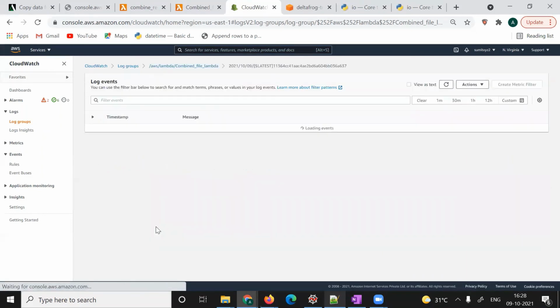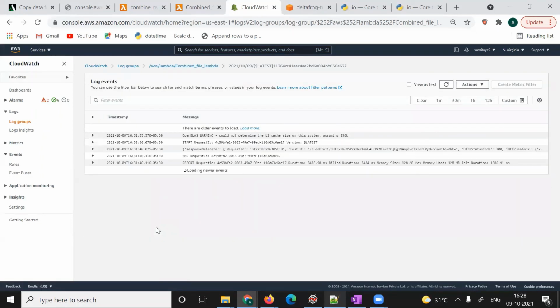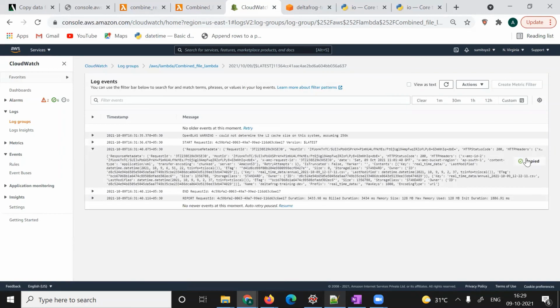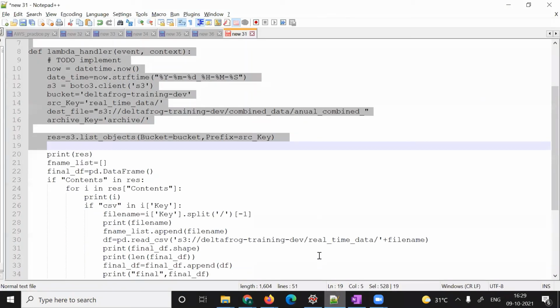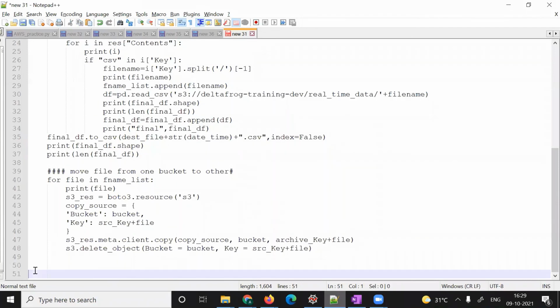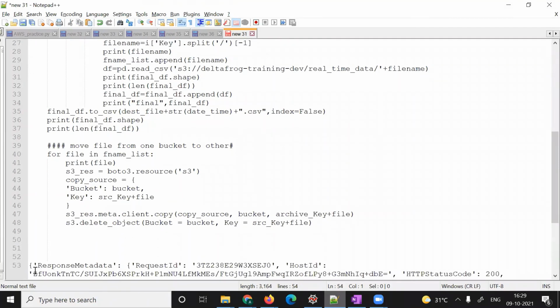You can see in CloudWatch we are getting this JSON. We'll copy this JSON, print it, and write it here. We'll see what is there.